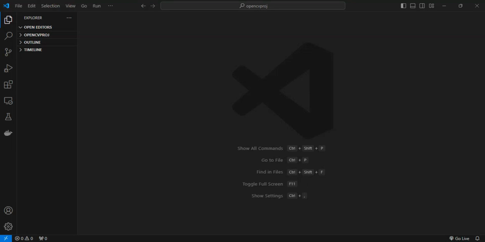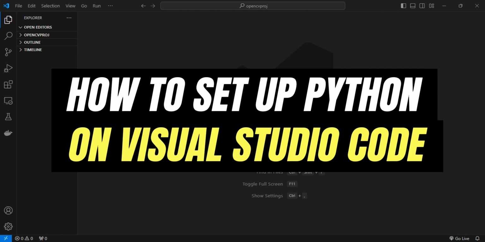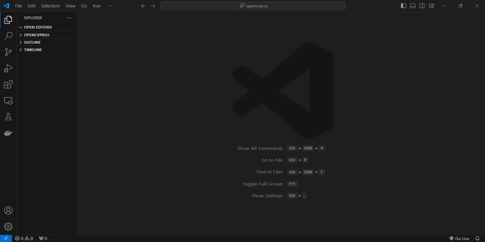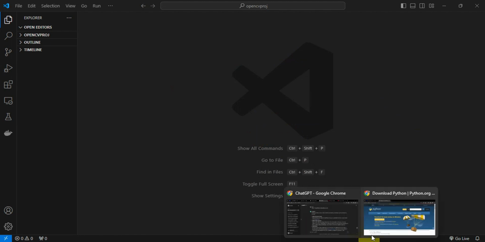In today's video, we're gonna learn how to set up Python on Visual Studio Code. Setting up Python in Visual Studio Code involves a few simple steps. For the first thing that you need to do, you need to install Visual Studio Code, or this one in here. So if you haven't already installed Visual Studio Code, you can download this onto their website, which is this